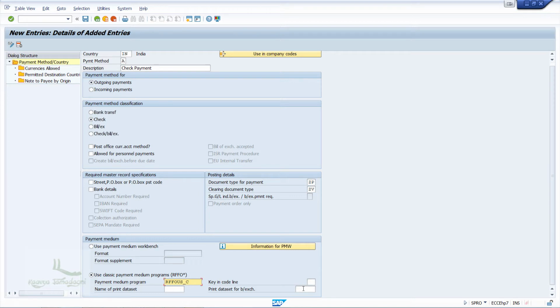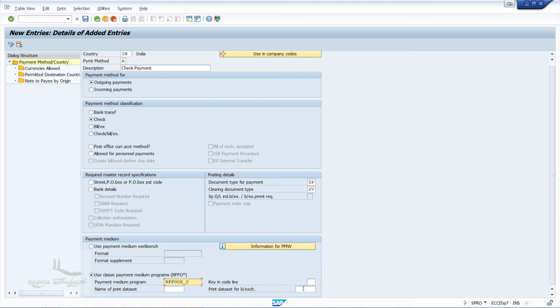In most real implementations, we will copy the program and create a new program with any required modification, and then we assign it here. The standard program itself is never modified during implementation. Remember this.